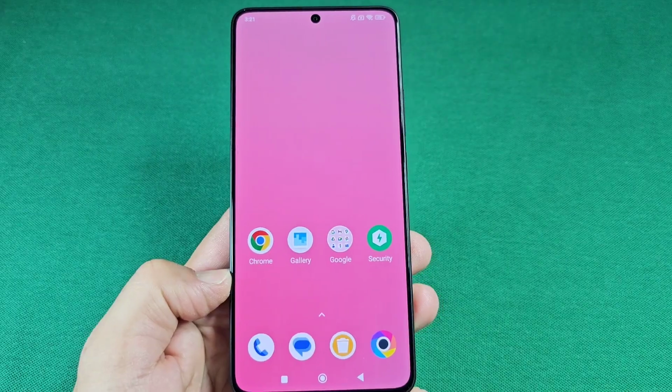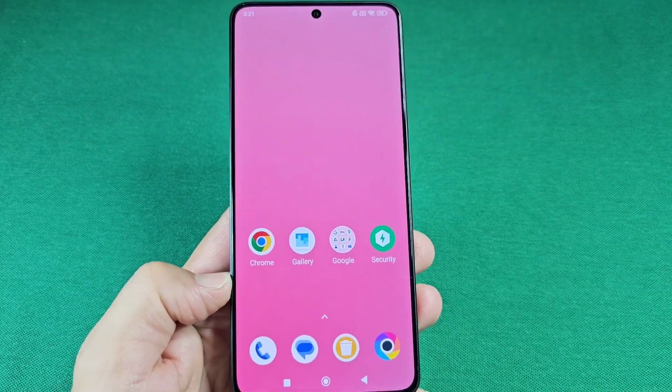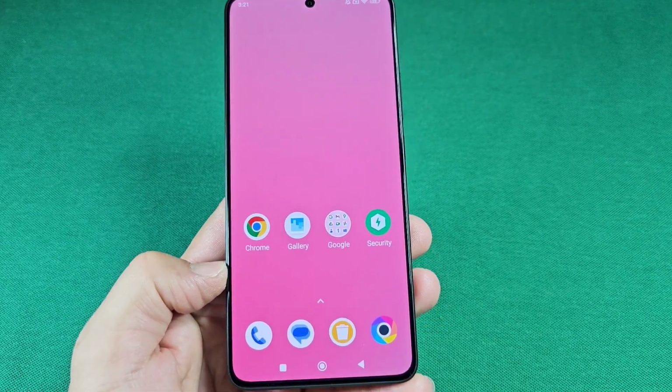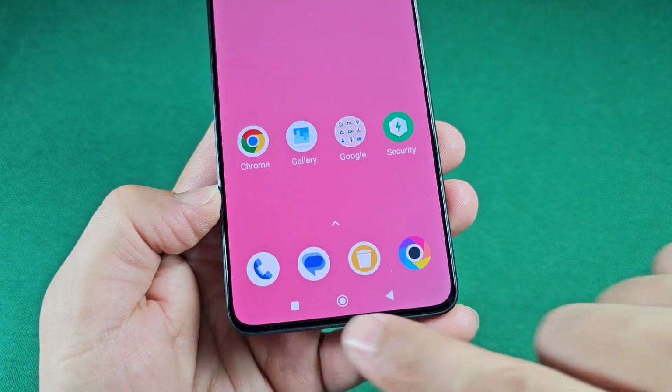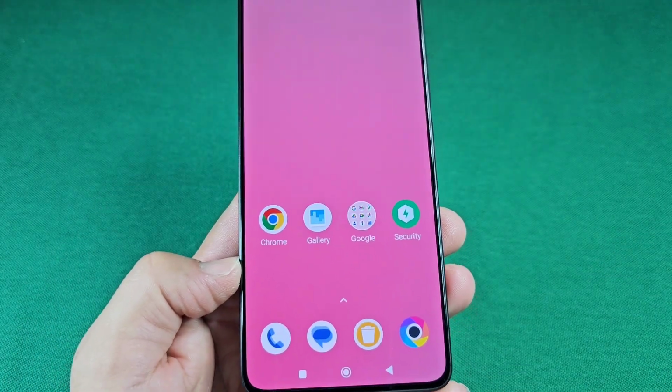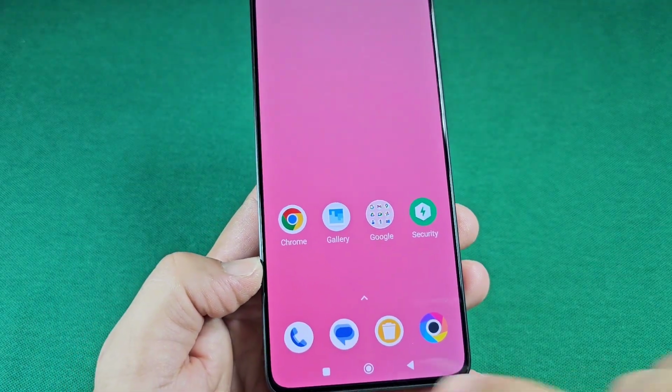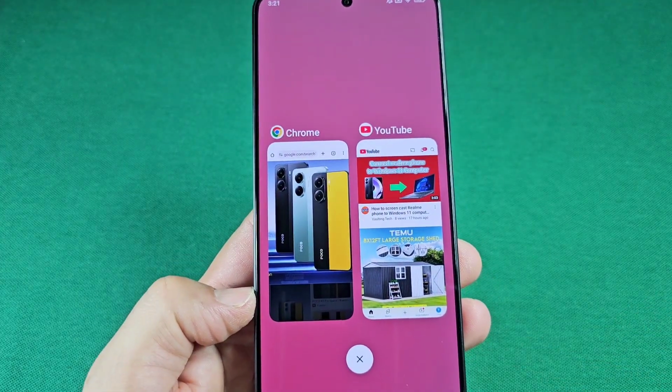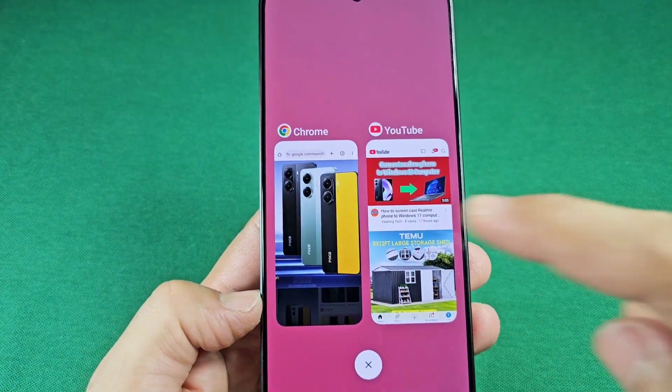The fastest way to do this is by first going into the recents view mode. So whether you have the navigation buttons, which is your recents button, or perform the navigation gesture for recents view mode here. And if you have any app that's open already, you want to go ahead now and long press